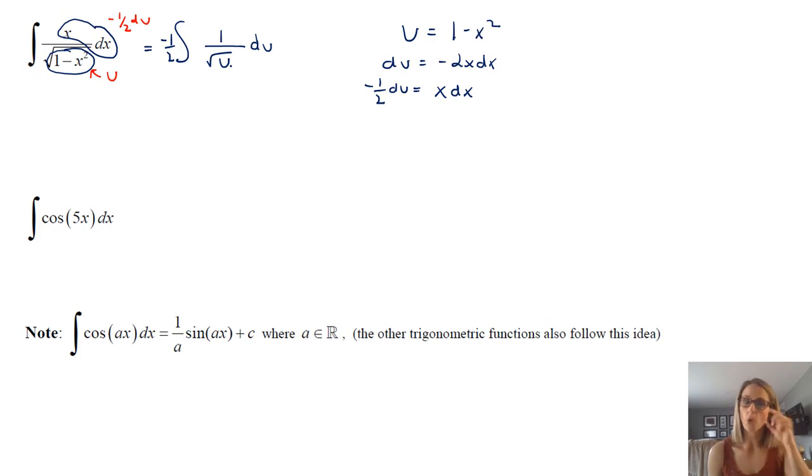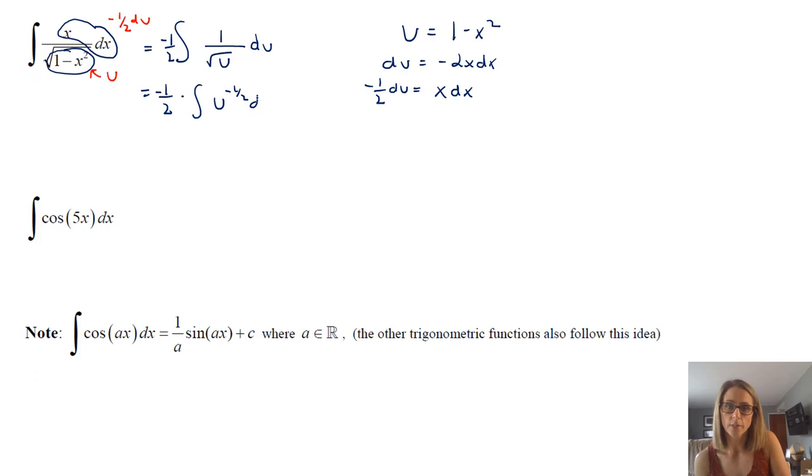Reason we can do this is because this allows us to rewrite so that we have, of course, the integral of u to the negative 1/2 du. And now we can use the rules that we've learned prior. Very common thing in mathematics is breaking down a problem until it is something that you've seen before, and then using that method that you've seen before.